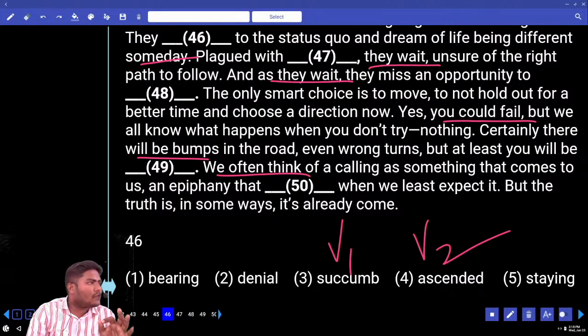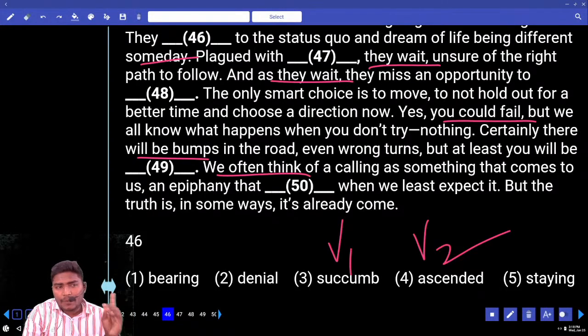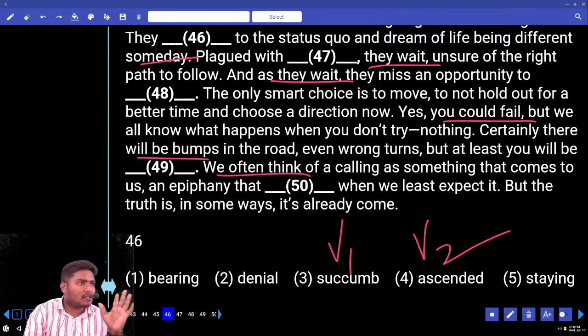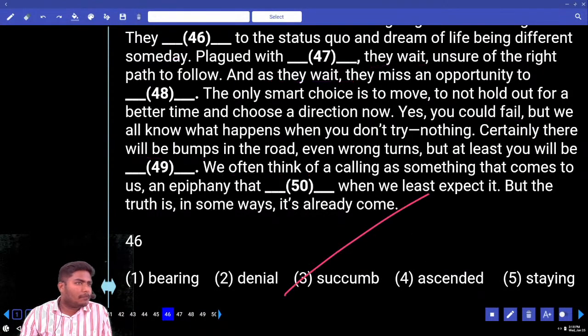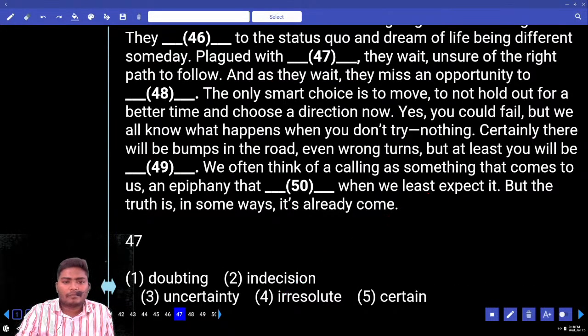What is this? This is the nature of the people. Nature of the people, nature of the animals, nature of the climate, whatever it is, the nature. Remember, that is used only in the simple present tense. So tell me which is simple present tense in these two. That answer comes with 3. Next, move to 47.